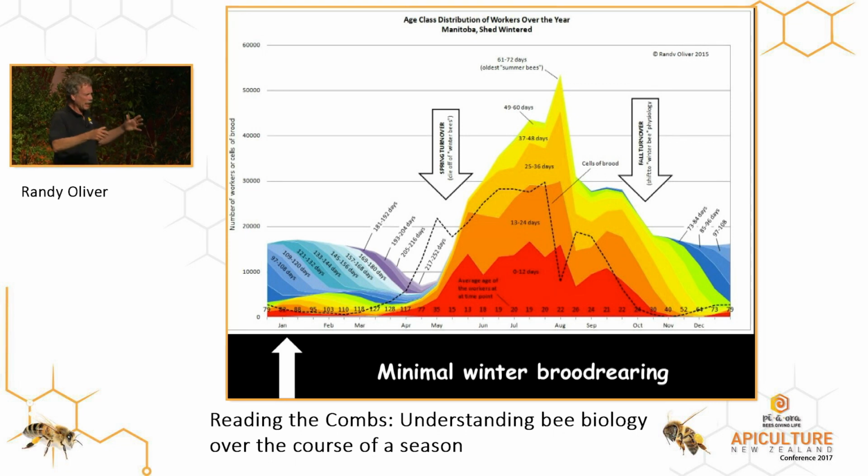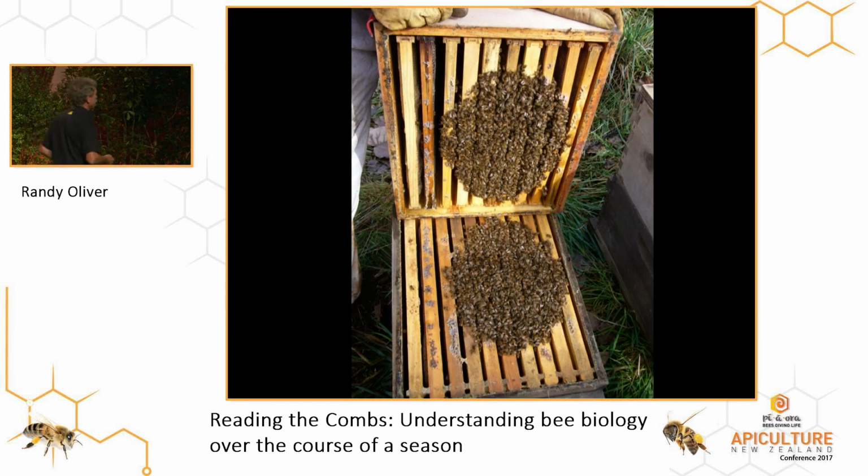So when you take the lid off, you see a bunch of bees, you think it's the same hive. No, at certain times of the year, you're looking at a bunch of geriatric bees with all the associated problems, and other times you're looking at a bunch of teenagers that don't have any problems at all. That's why colonies are typically healthy during the spring and summer and have more of a problem when the bees start to age at other times of the year.